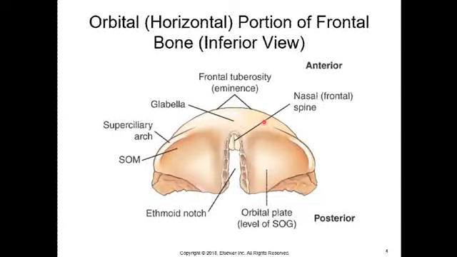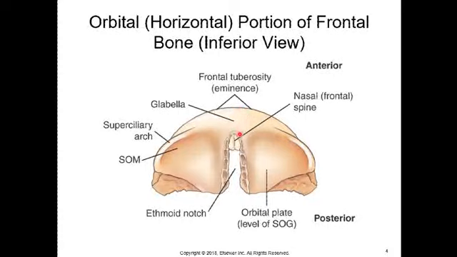Moving on, this would be the view as if you were looking up into somebody's eyes. This is the front region of your frontal bone. Here is your ethmoid notch, which you wouldn't really ever see maybe on CT, but definitely not an X-ray, but your ethmoid notch is here. You've got your superciliary arch, your nasal spine right here, your orbital plates, your frontal tuberosity or eminence, and you know your glabella is a super important